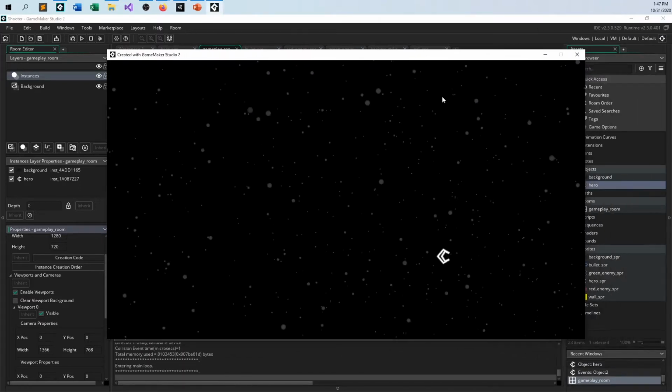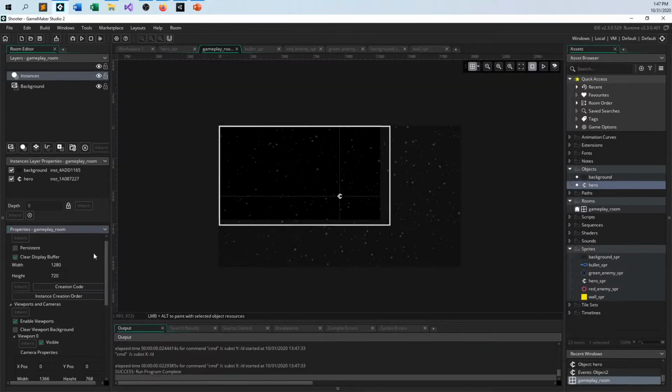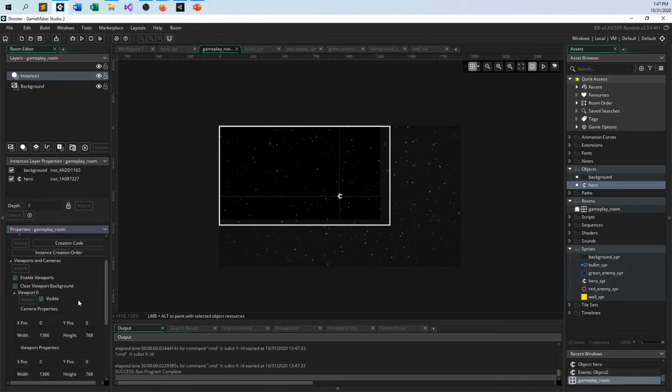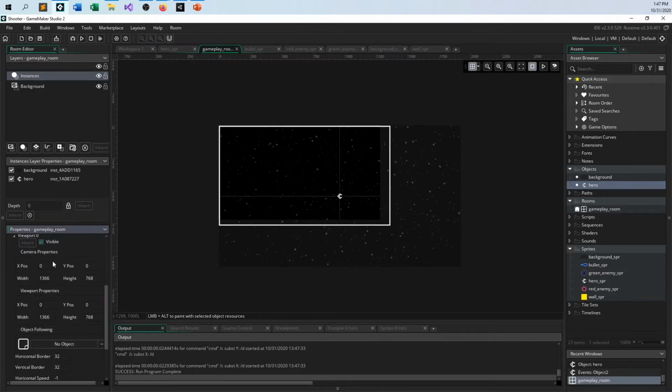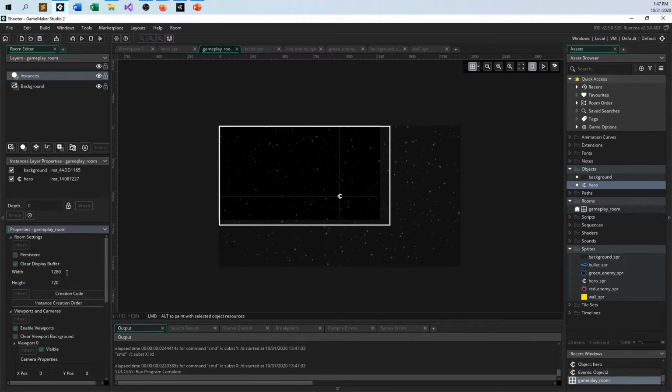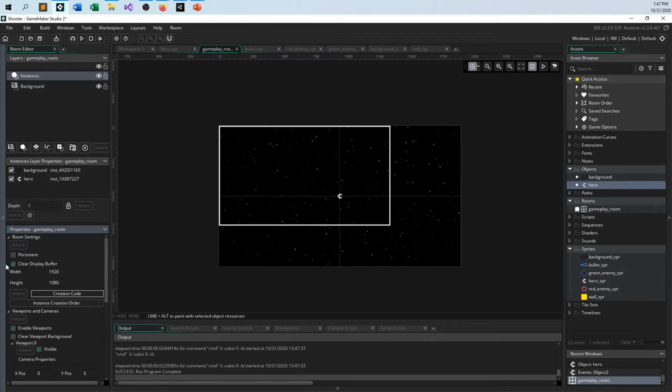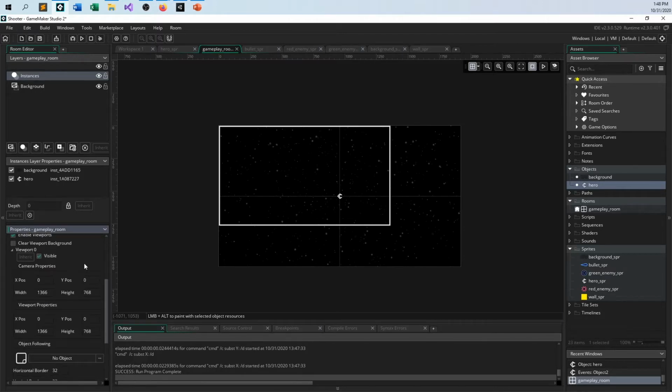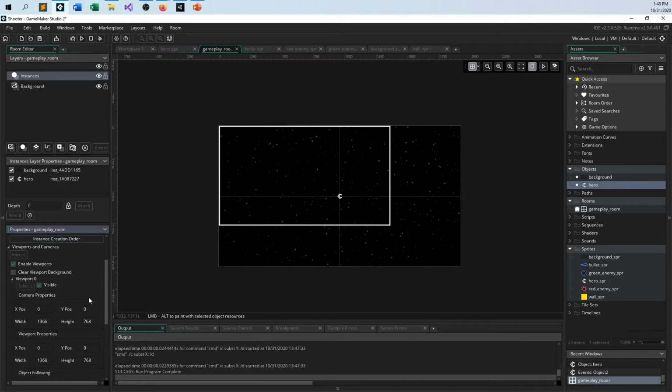So now this is what's interesting. For every other game that we've made prior, whatever we set for the room, that was the window size. But now the window is going to be set based on our viewports and our cameras instead. So this is where I can go ahead and say, okay, my room is 720p, but we can make the room larger. Okay, there's my giant room, but now I can come over here and say, okay, the world is 1080p, but